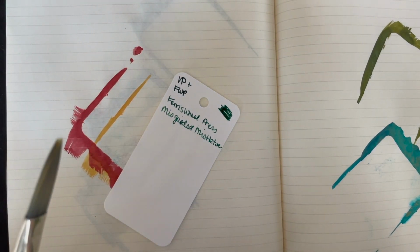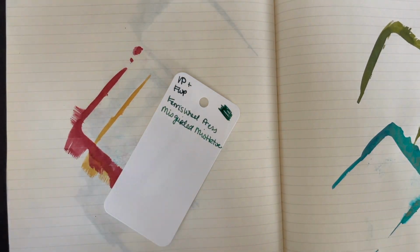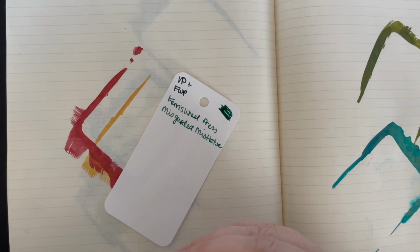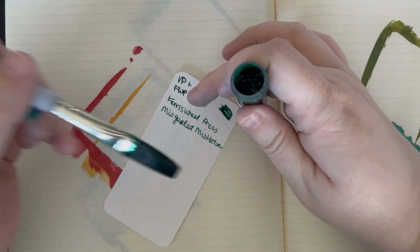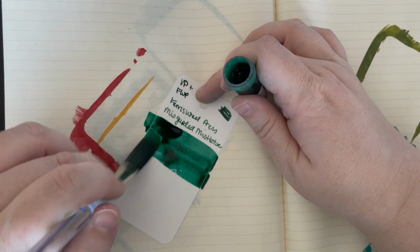Okay, so this is going to be the last of the shimmer inks for today. I'm looking forward to it, I have like 10 inks right here. I'm not promising they'll all be here in 30 inks 30 days. I'm going to see where my mood takes me, but I'll show you kind of